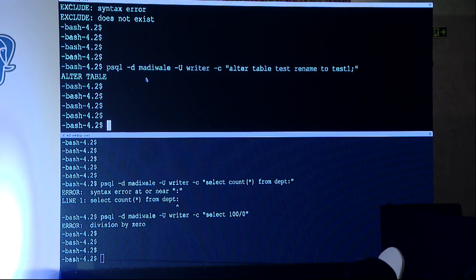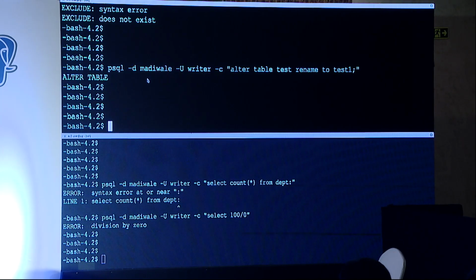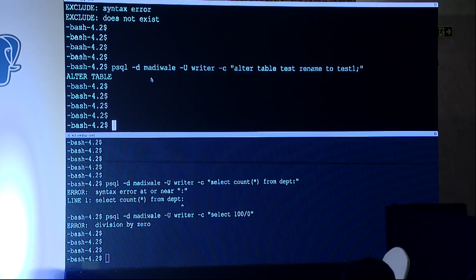So now what we are doing here is altering the table test and renaming it to test 1. As per this, the auditing should happen on the test table, but not on test 1, right? So if you see the log file,